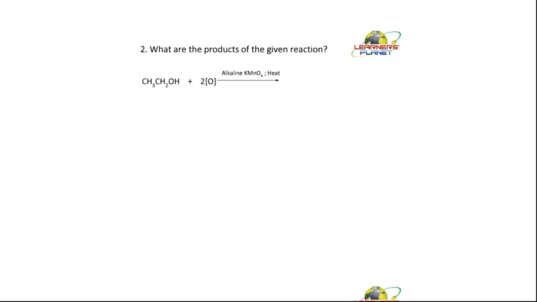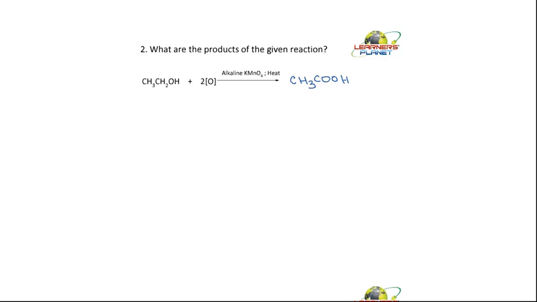What will be formed here is an acid. So it will form CH3COOH, and what else? There is an acid formed, right? And water. So alcohols in the presence of alkaline potassium permanganate or potassium dichromate are converted to acids,